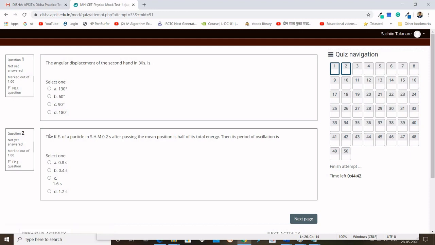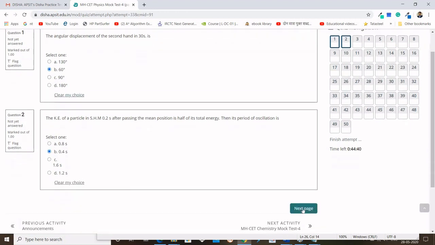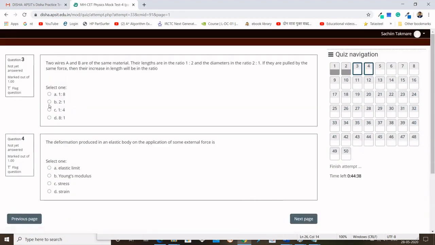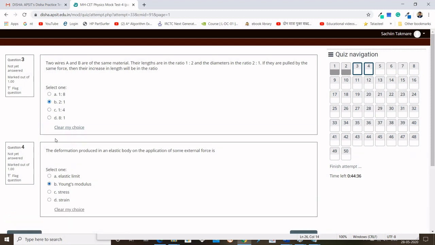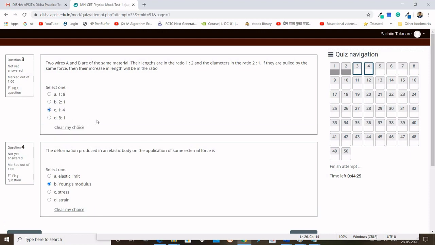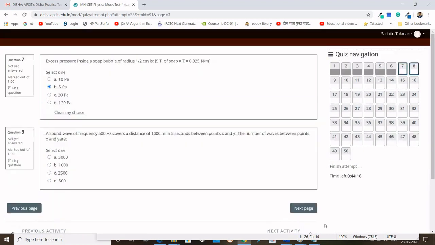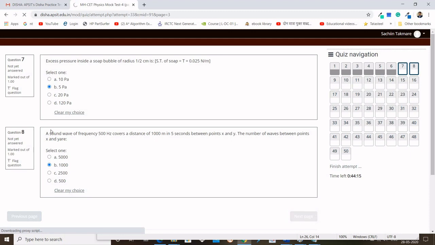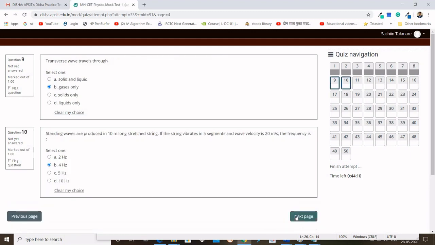I will randomly select the answers just to show. Suppose I feel option B is not correct, I can clear this by using this button and again I can write the correct answer. Randomly I am selecting the answers to finish the test and show you the result.